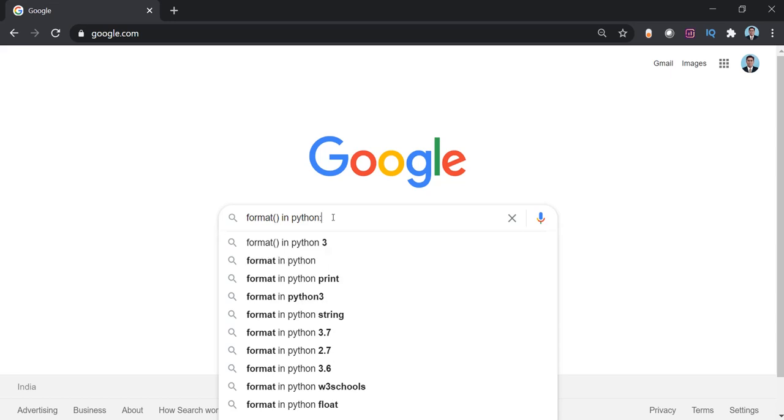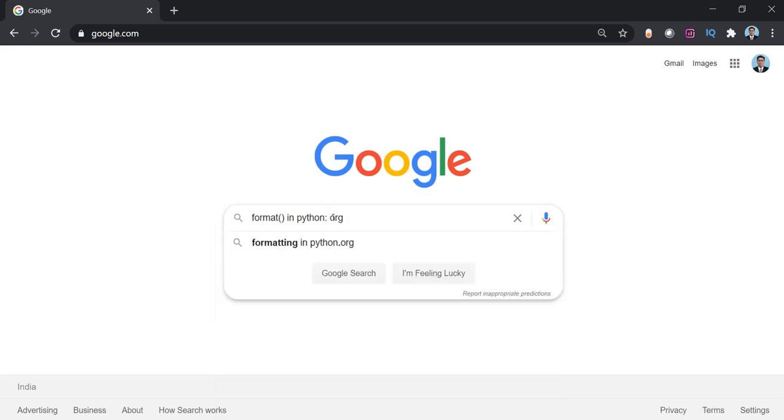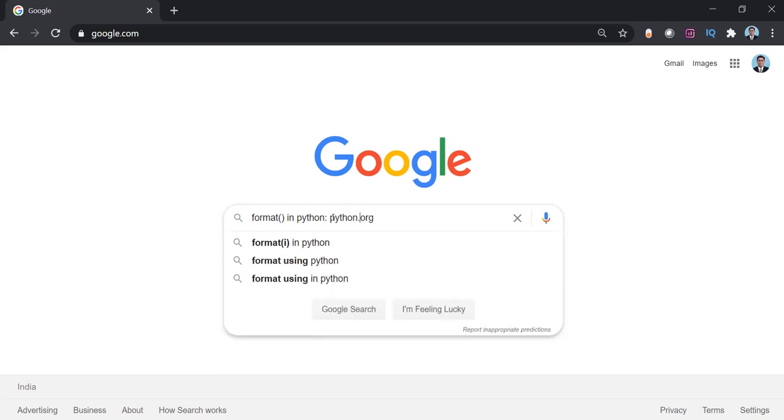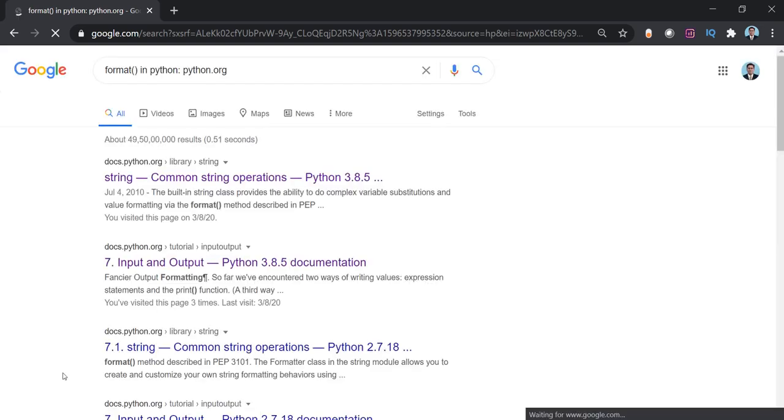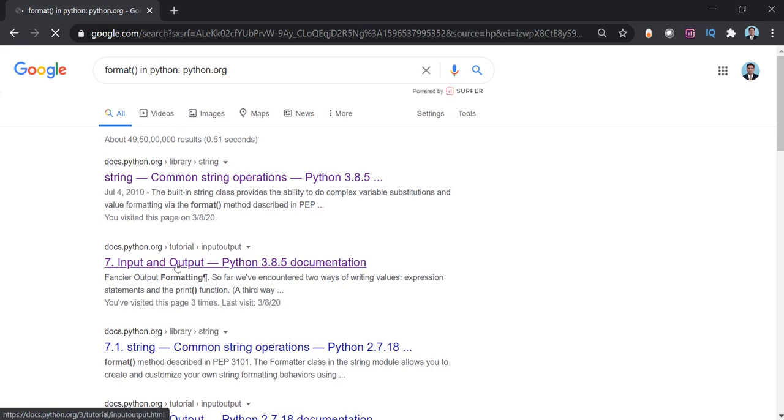Because I want to refer to the original website, I'll put in python.org, so it will put the official site up rather than giving unwanted results. Let us wait for some time till the results load, and we'll see what Python has to say about that particular method.